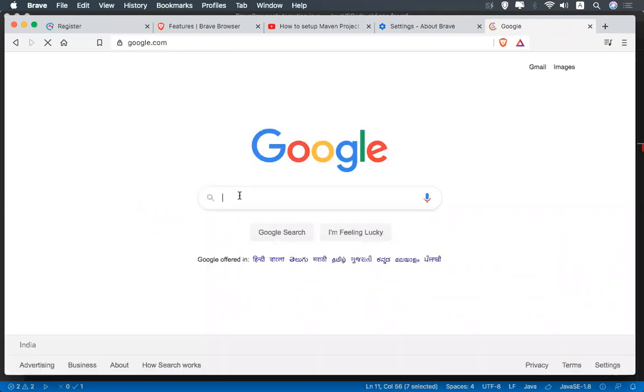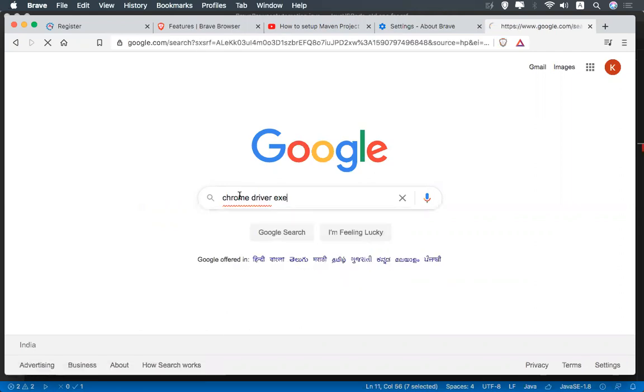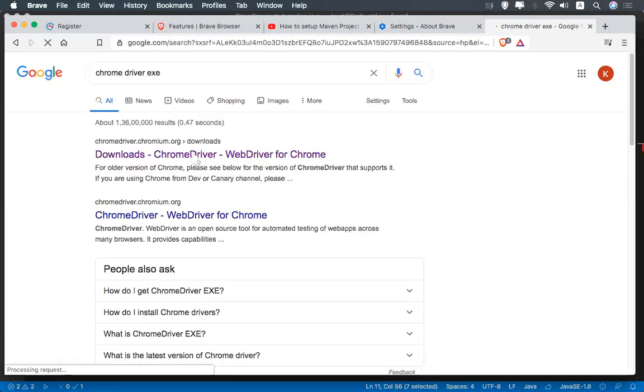When you go to google.com and search for chromedriver exe, and go to the official site, chromedriver.chromium.org downloads, here you can see all the versions, right?